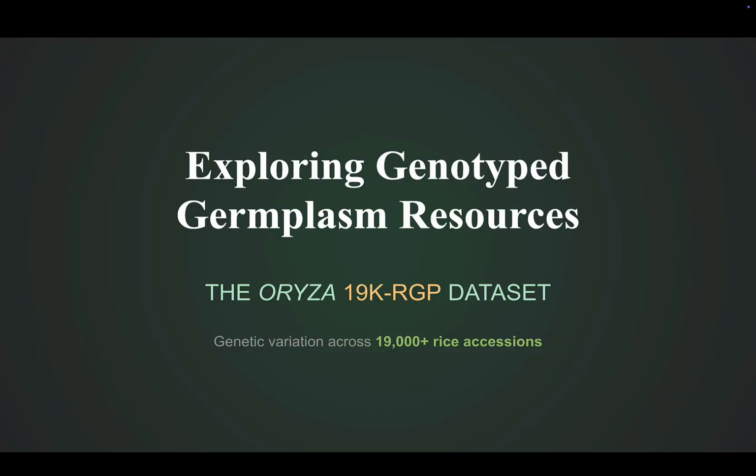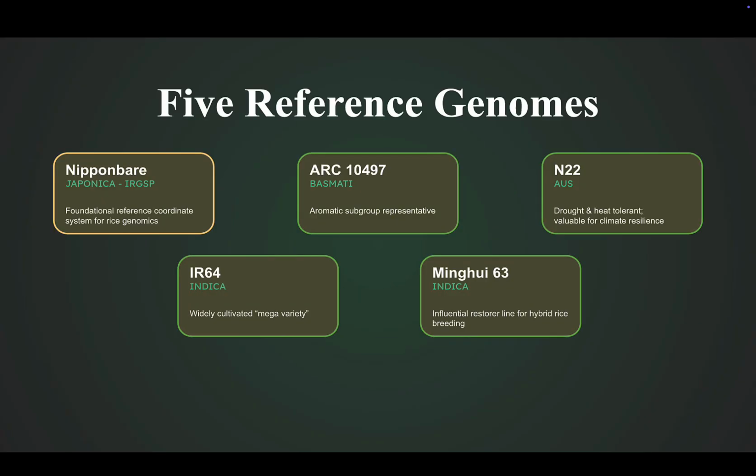Welcome to this demonstration of how to explore genotype germplasm resources using the Oryza 19K-RGP dataset within the Gramene Oryza gene search interface. In this video, we'll walk through the process of accessing genetic variation data generated from more than 19,000 rice accessions. These variants have been systematically mapped to 5 high-quality, assembled rice genomes. These include the IRGSP Japonica Nipponbare reference genome, which serves as the foundational coordinate system for much of rice